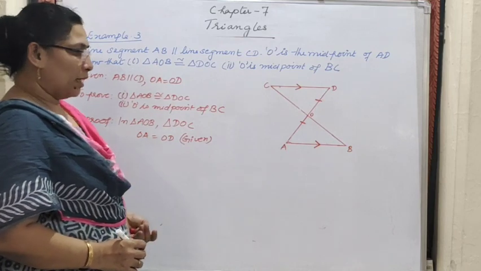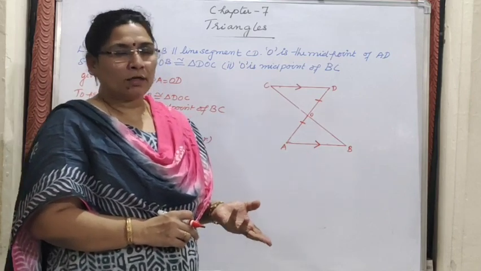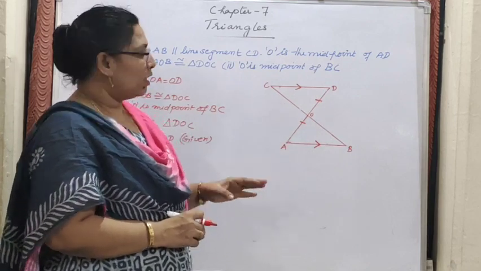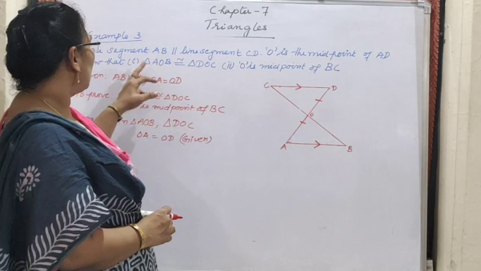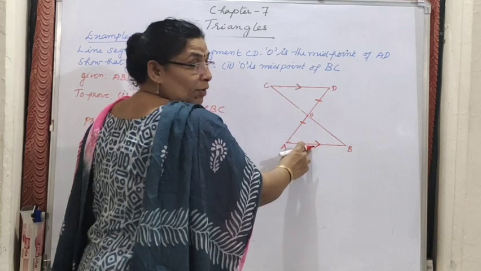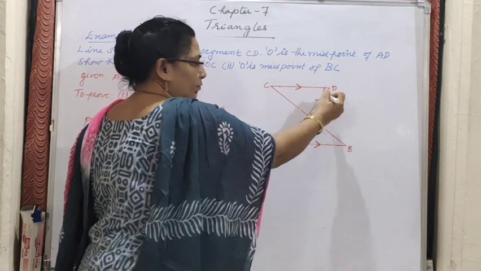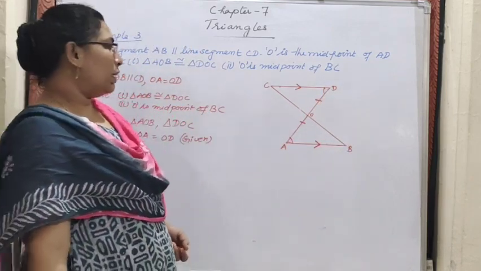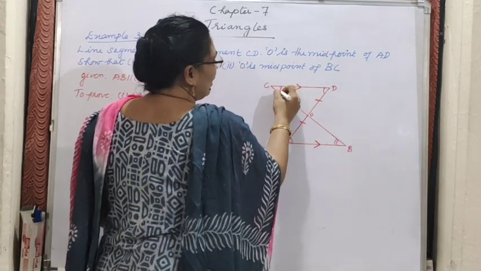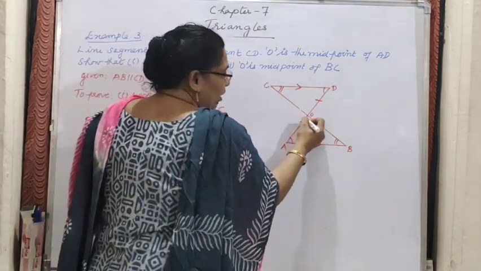Now what else can we get? See, when we know one side, another side or an included angle should be given. Getting another side is not easy here, but getting an angle is not that difficult, because the parallel property is also there. Since line AB is parallel to line CD, what can we say about angle A and angle D? Yes, they are alternate interior angles. Similarly, angle B can also be written as an alternate interior angle with angle C. But one more angle criterion we can write. What is the third angle? What about this angle?